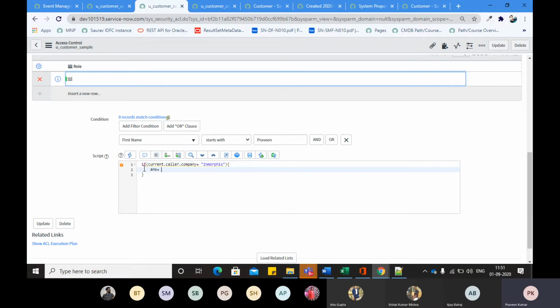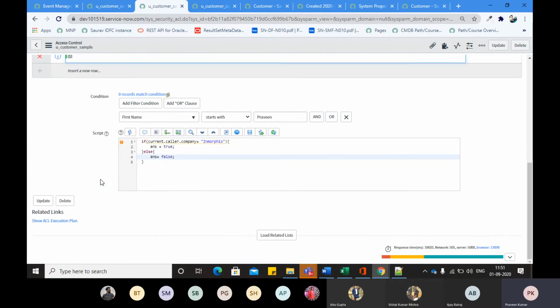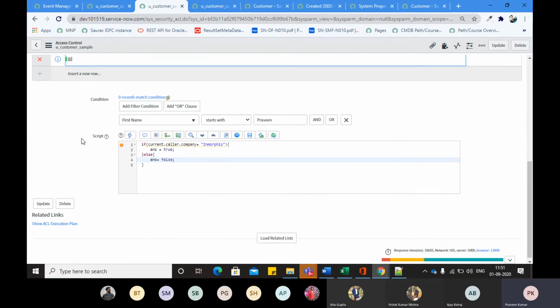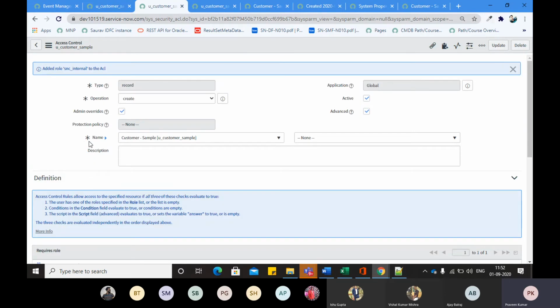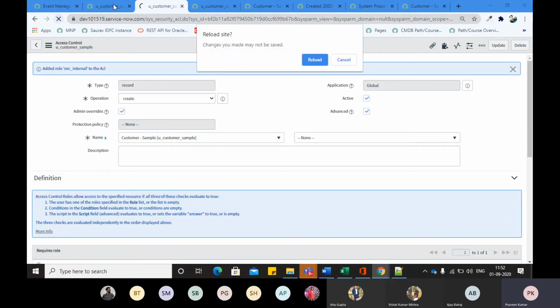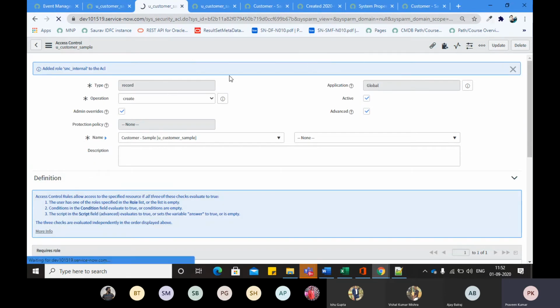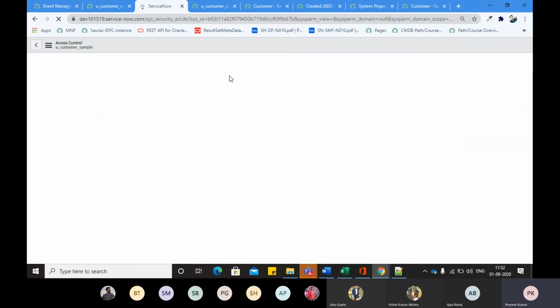For that purpose, I have to set a variable answer equals true, and in the else part answer equals false. This way. So these advanced things are given in ServiceNow from the ACL perspective. These are a few advanced things in the ACL you have to keep in mind.